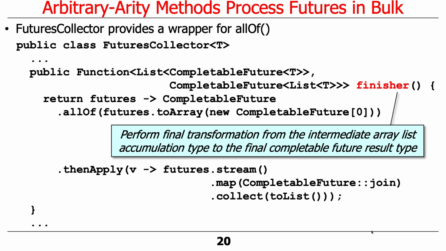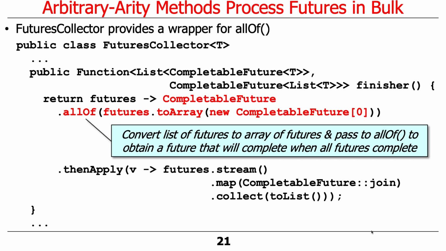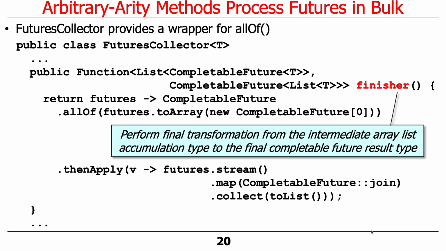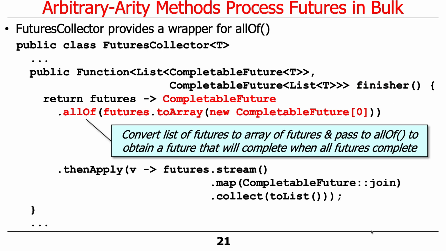And what this does is perform the final transformation from the intermediate array list, which is used to accumulate all the completable futures, to the final completable future result type. So this is just totally crazy. It's really cool. What happens here is that the finisher is going to take the array list of futures, and